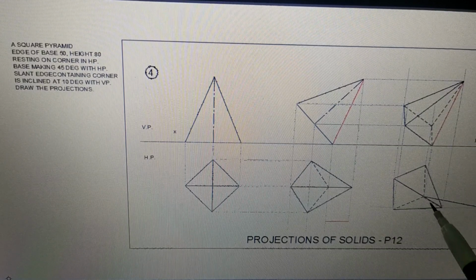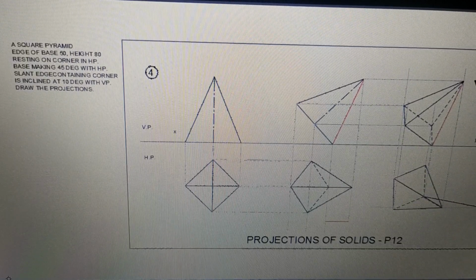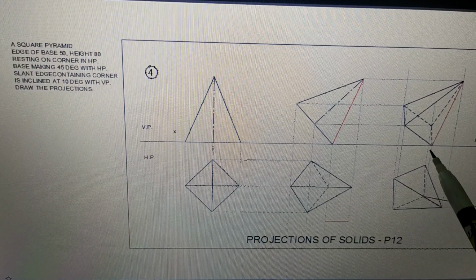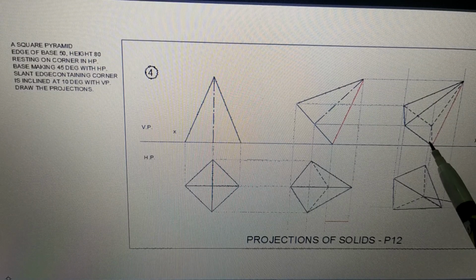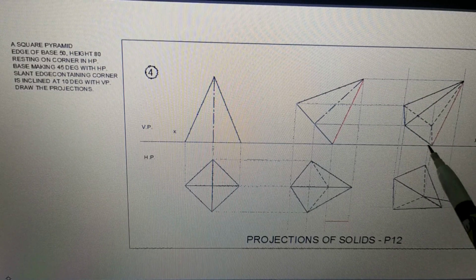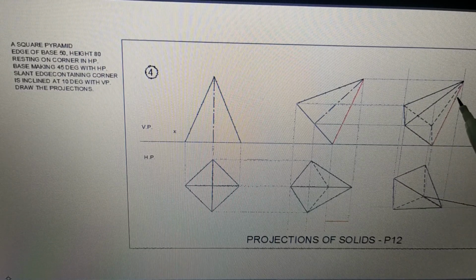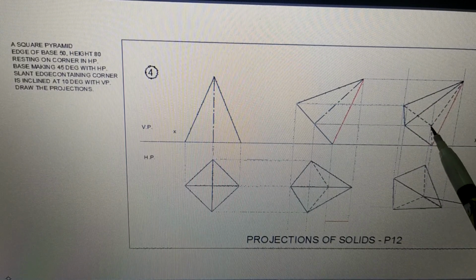Now point O here, project from here, this is point O. Now join O to all the four corners. So this figure is ready, only we have to decide what is seen and what is hidden. As usual, the outlines are continuous because they are definitely seen, so draw these lines continuous. As far as the remaining points are concerned, let us look at whether they are seen or not.